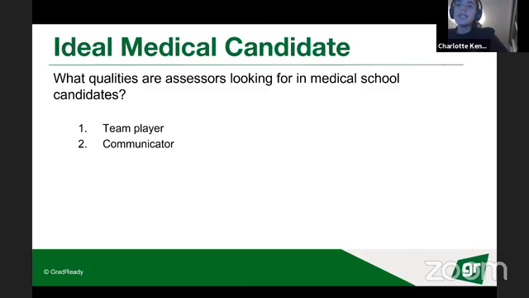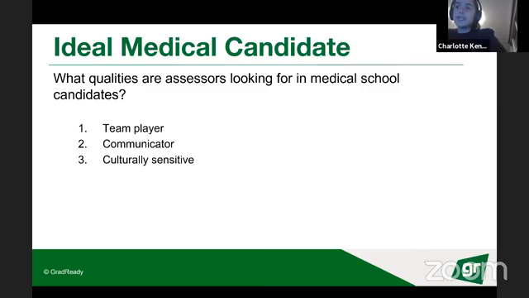The second thing is being a good communicator. I'm sure you all know medicine involves talking to a lot of people. Part of that is patient interaction, part of that is doctor interaction. You also have to coordinate with allied health. And if you don't communicate well, either conveying information about patients or about certain tasks, and also when you're unhappy or when you feel out of depth, you're not going to be the type of candidate they look for. So they want someone who can effectively communicate their feelings as well as structured information about other people.